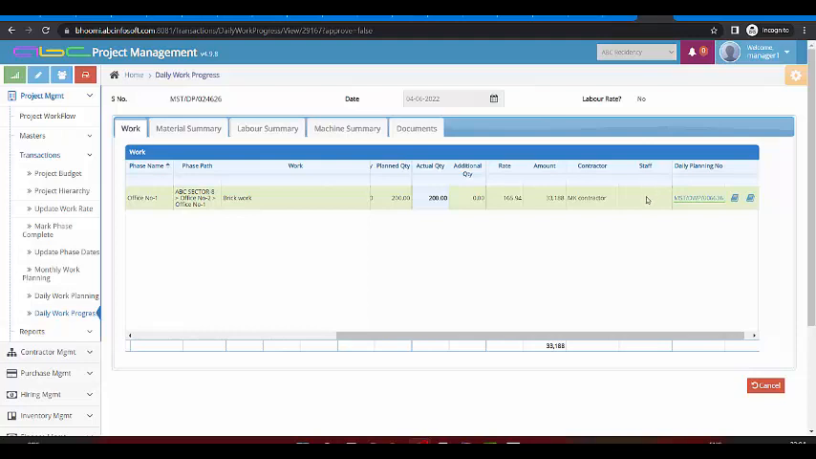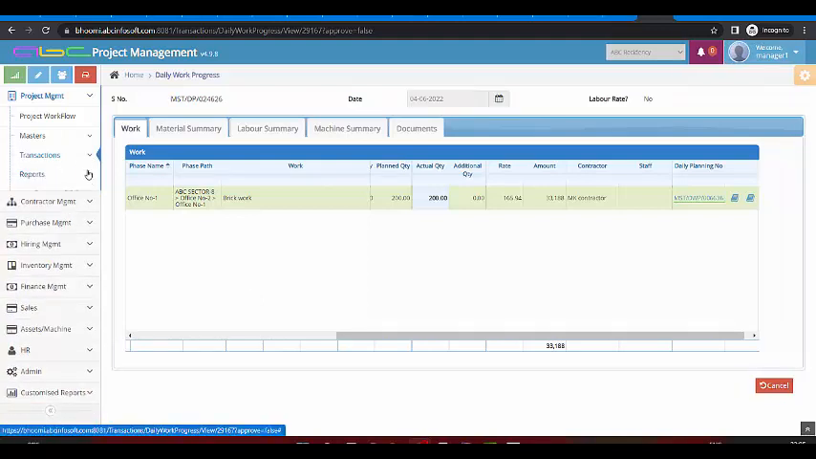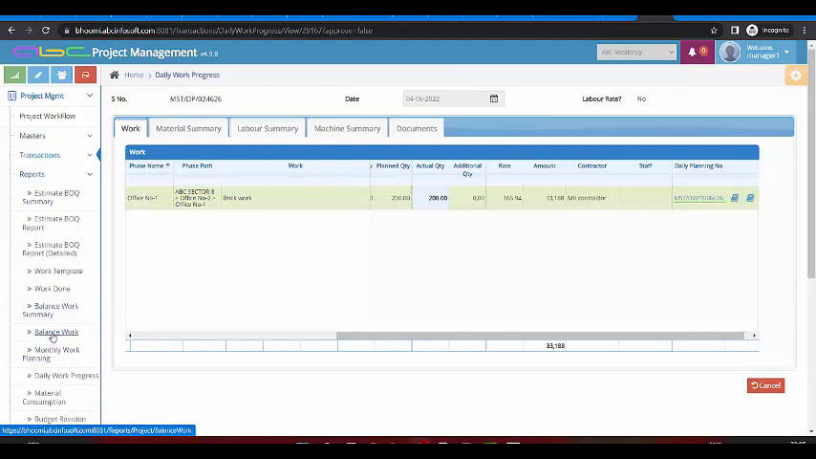After recording the daily work progress, we will have the entire picture of what was estimated, what was planned, and what is actually done. We will be able to find out how much activity has been done, what is the balance work, what is the balance work summary, how much